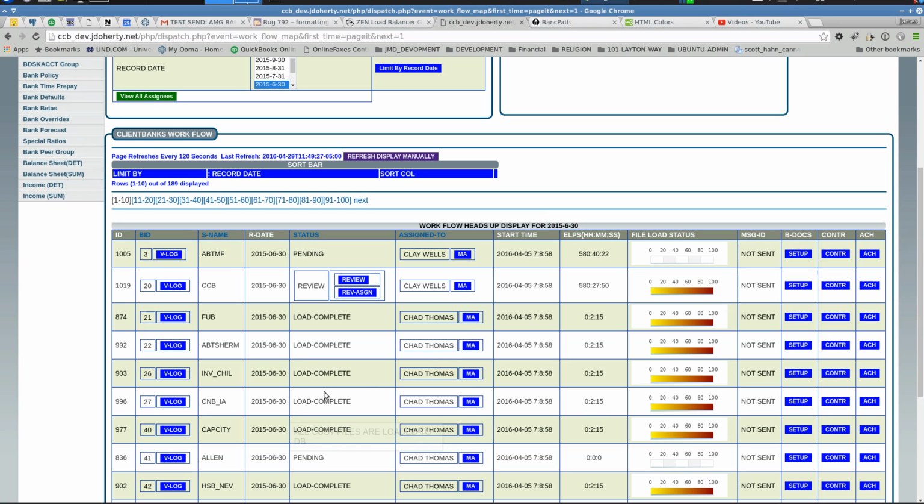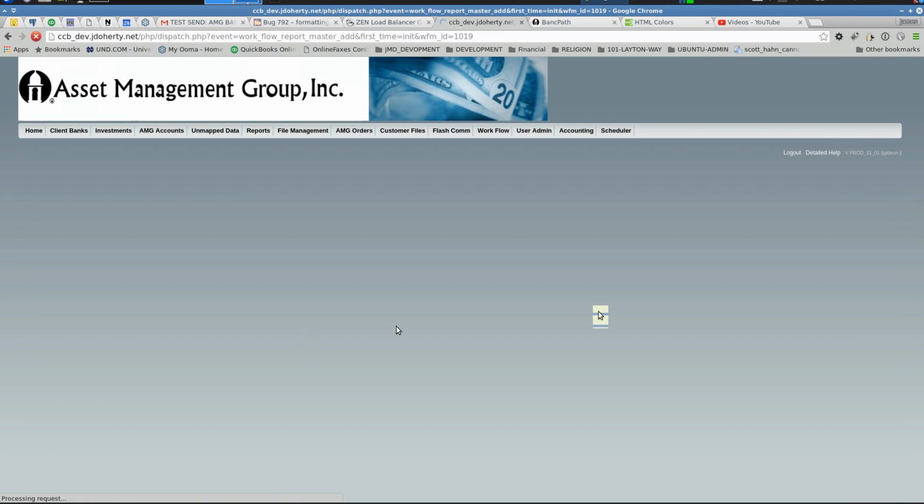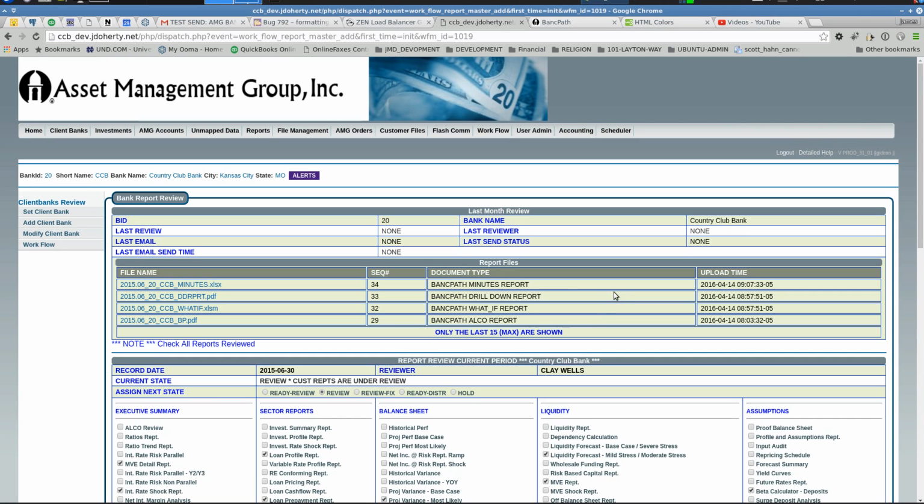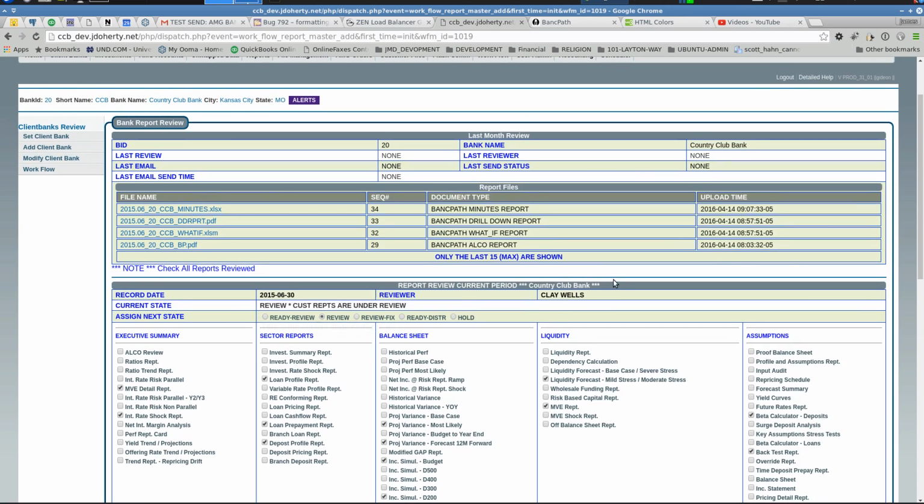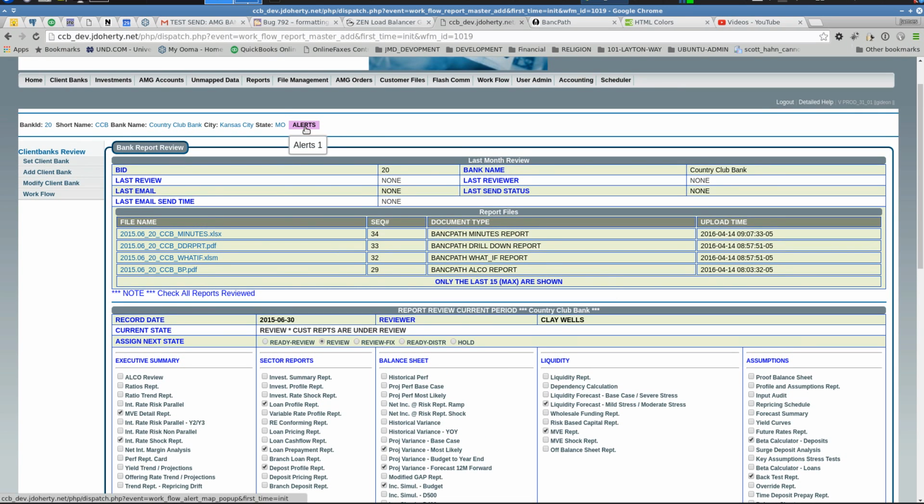Coming back over here to Country Club Bank, you'll notice this one's in the review state. So what I'm going to do now is pop over and do the review for that bank. And I've been in messing with this prior to this, I'll tell you, so some of them will be checked down here. The first thing I want to show you is, as you can see, the alerts still show up there. And this is the information from the prior month. This is who did the review from the prior month,